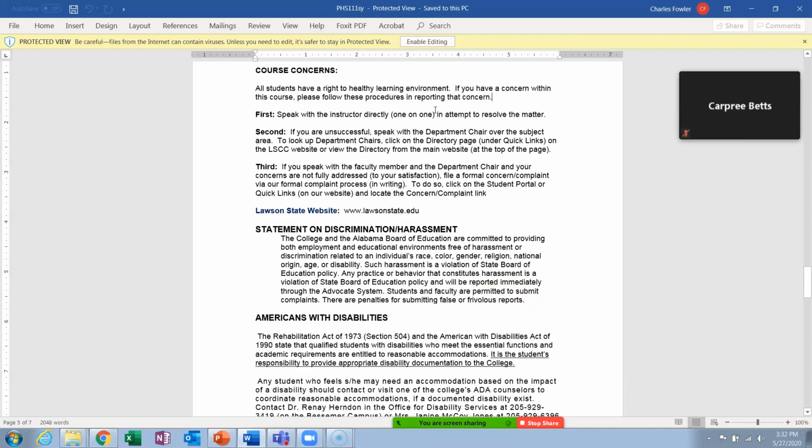For instance, in the last class, when we did go to virtual class in it, I found out that some of the virtual labs that I had planned to use, some of the students could not open them. Their computers did not have the right version of Java or something like that on it. And even if they tried to load it, it still didn't work. They could not get certain ones of those labs to work. So I had to quit using those labs. So let me know if something's not working. Okay, we'll try to work around it.